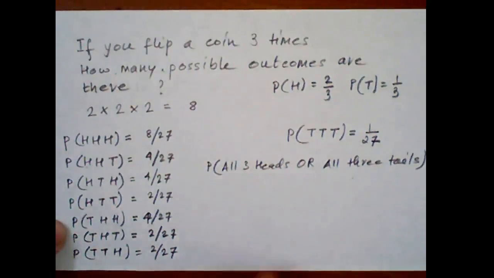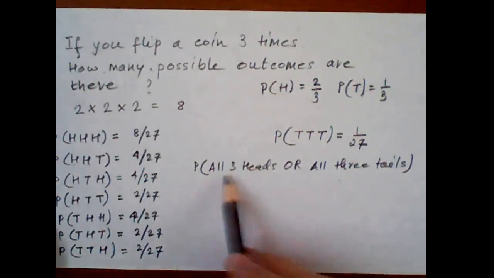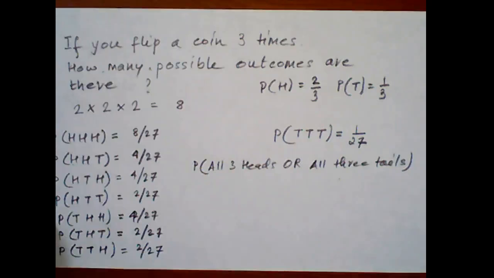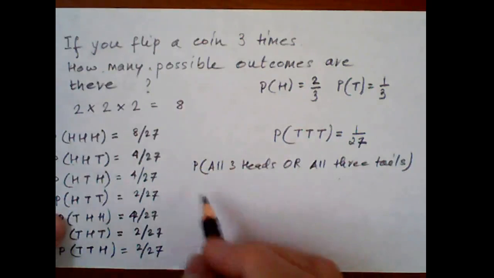Okay, what is the probability that you get all 3 heads or all 3 tails? So here again, if you look at it in a way, here basically what you are doing is